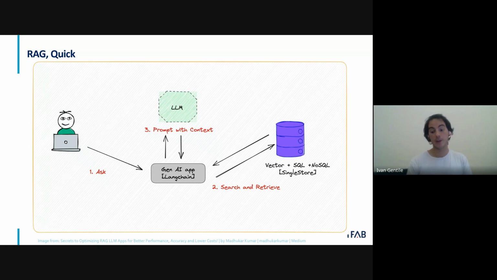Why? Because when the LLM is fed with this extra material, then its reply can be more accurate. Maybe it's also fed on something that it never saw before because it's proprietary material. We don't know. So there are many implementations for RAG, but essentially we have this 3-step process. You search, retrieve some text to be fed together with the prompt to the LLM, and then we give this to the LLM.